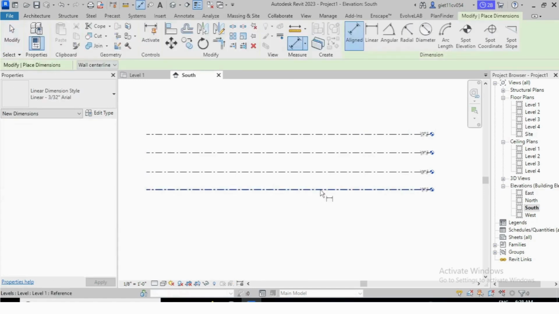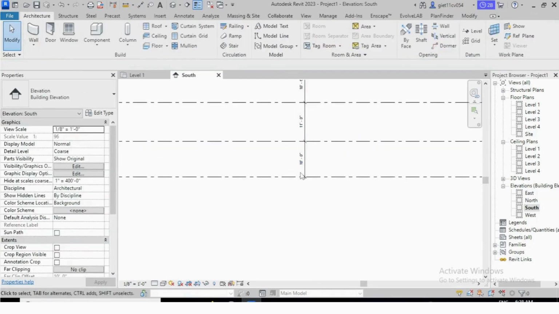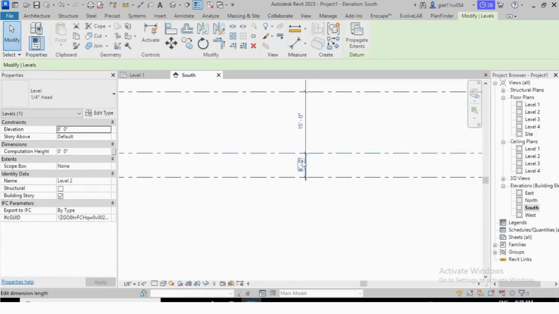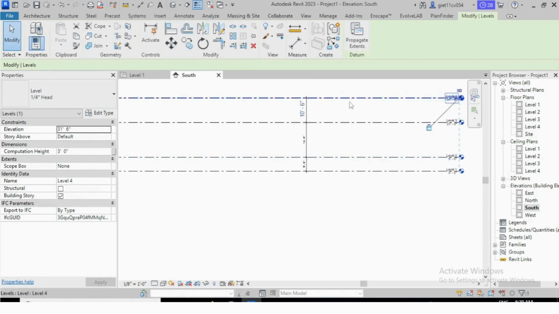Dimension, let's check the dimension. So here we need 6 feet, 15 feet, and this one take it 25 feet.